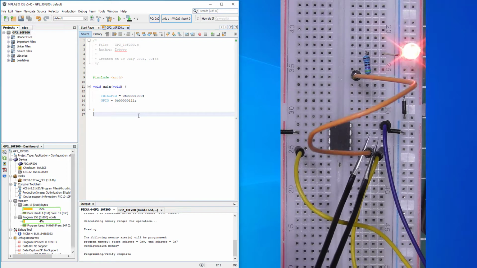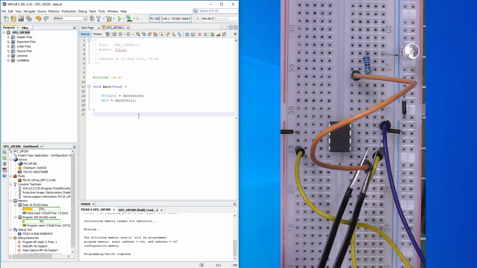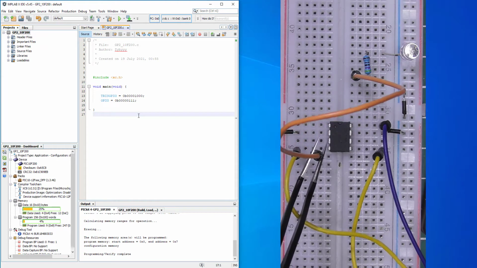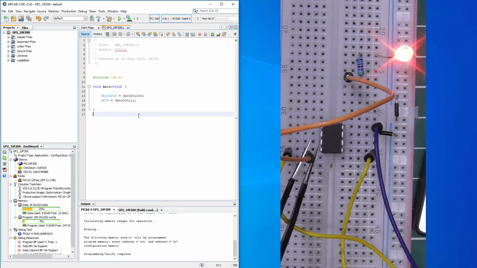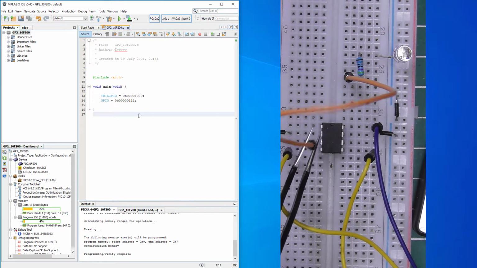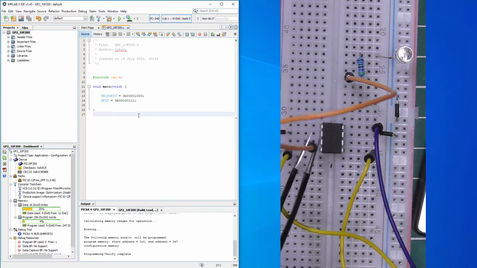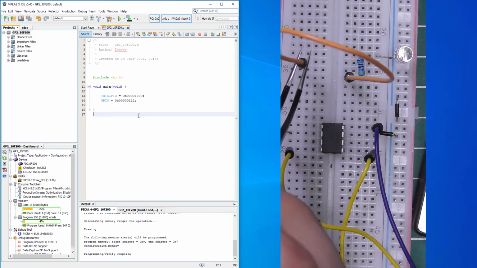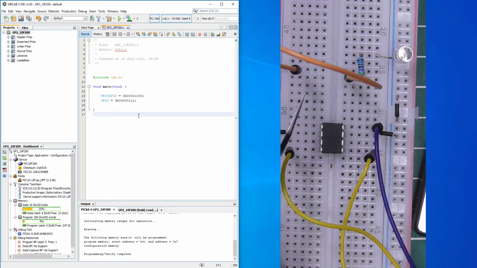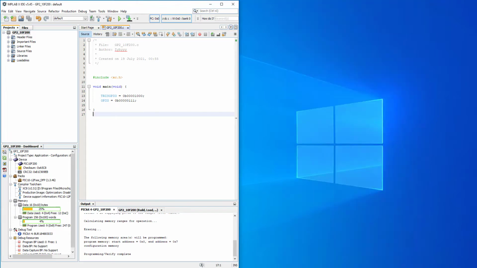and it is high. GP1 is here and it is high. GP2 is here, and we see nothing. Why is that? GP2 is not reacting to our program. So let's go back to the datasheet and learn a little bit more on our